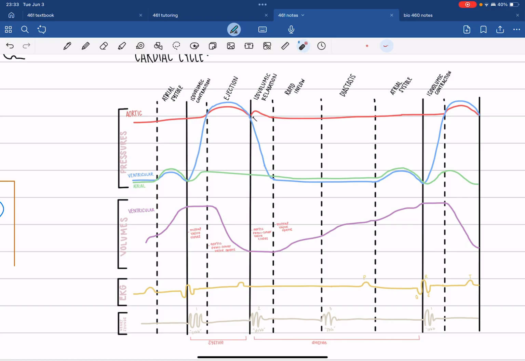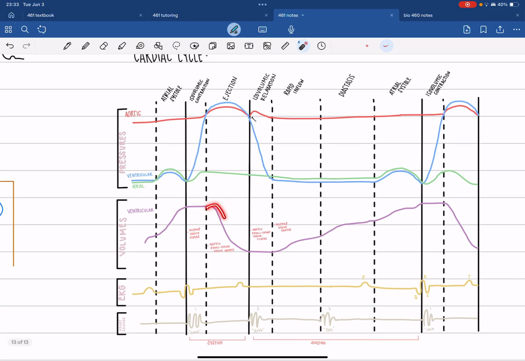So, if we start right here at isovolemic contraction, iso means same and volume means volume. So this is going to be staying at the same volume during contraction, which makes sense because right here we're contracting, we're increasing in pressure. But right here we're staying at the same volume. That just means that we have to squeeze and squeeze and squeeze until something pops, right? And then once it does, we eject the blood, decrease. Then, right here again, we've got isovolemic, so that means that blood can't go anywhere, so it's staying the same, and it's going to be at the lowest value here.